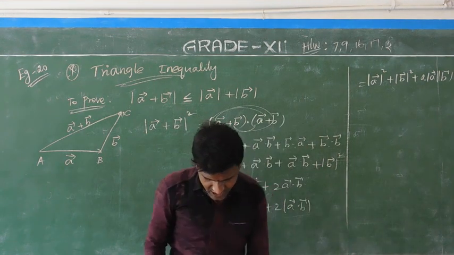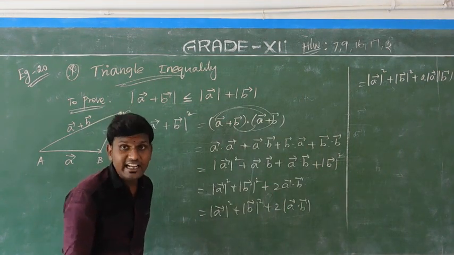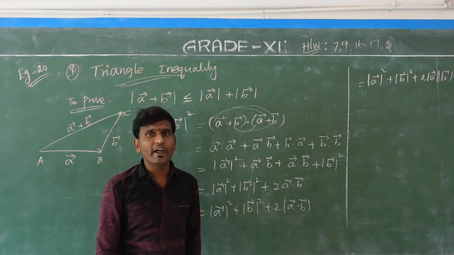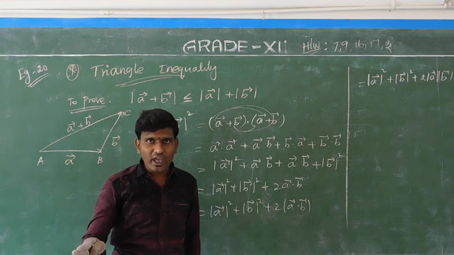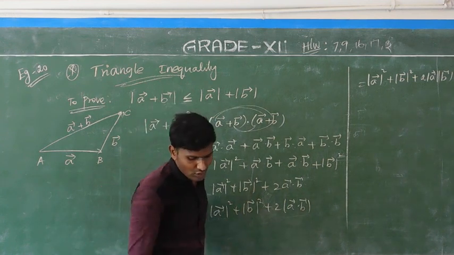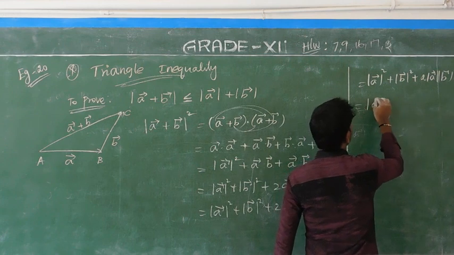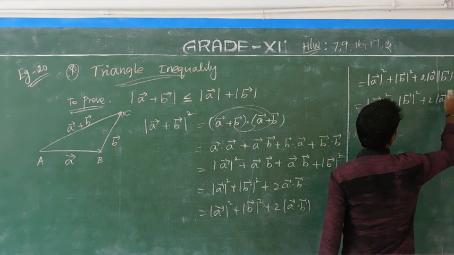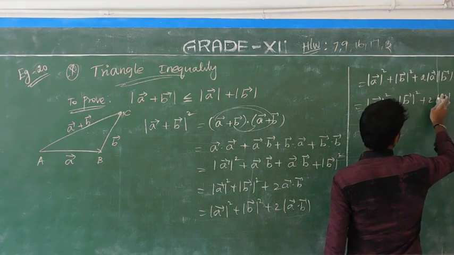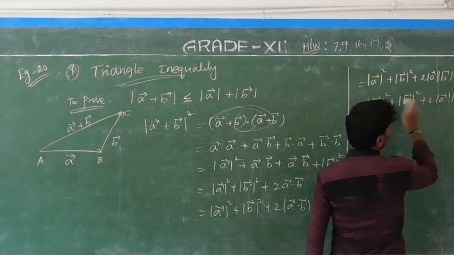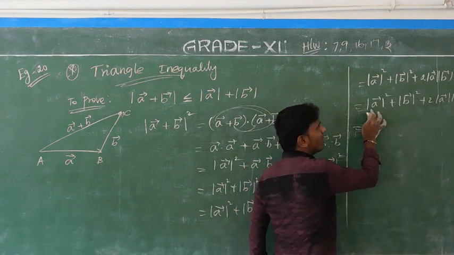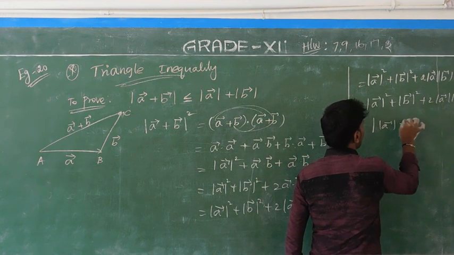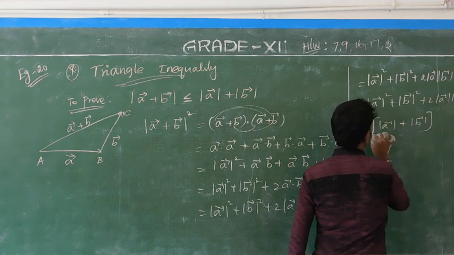Then finally we have this example 19 question. Look at the example 19 question. We have the value modulus of A dot B which is equal to modulus of A into modulus of B. So like this we have to take. That gives modulus of A vector the whole square plus modulus of B vector the whole square plus 2 into modulus of A into modulus of B, the same only. Any one step you have to do. This is the format of a square plus b square plus 2ab, so you should write modulus of A plus modulus of B the whole square.